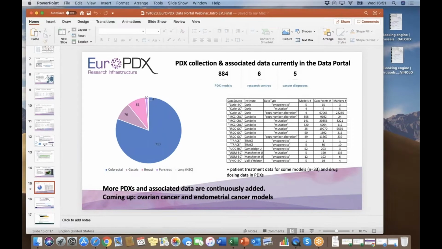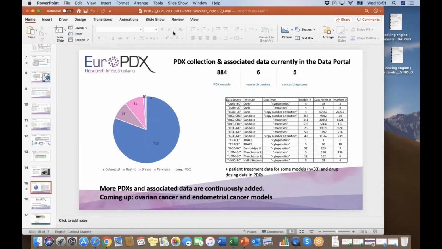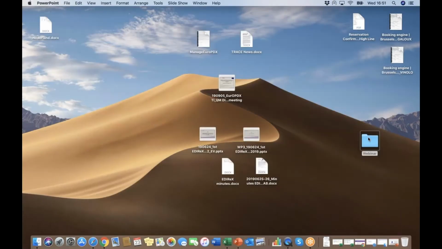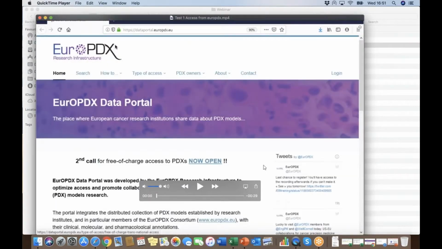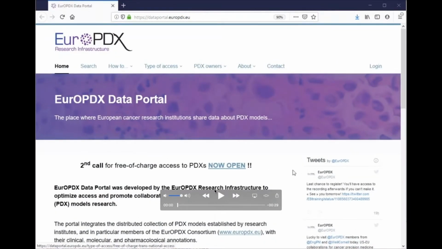Now we are going to demonstrate the functionality of the data portal and of the associated cBioPortal instance. Emily is going to show videos just to avoid problems. I have a poor connection from where I'm talking, so as you can see here, we are in the data portal